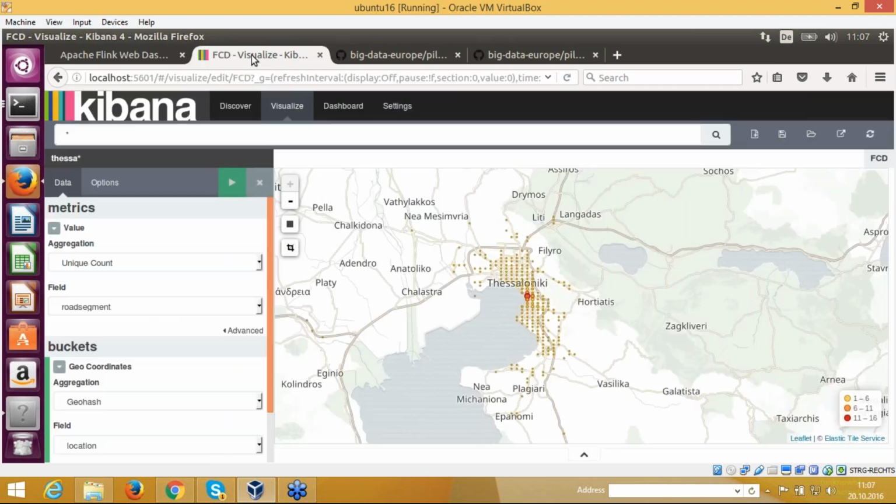And then the data from the Flink job is sent to Elasticsearch. In Elasticsearch, we have already built the schema to persist the data. And as you can see from the map, these are the counts, unique count of the road